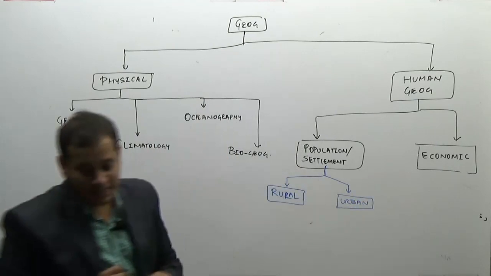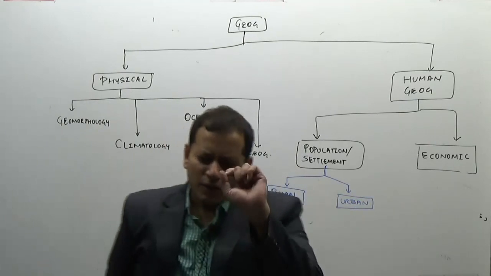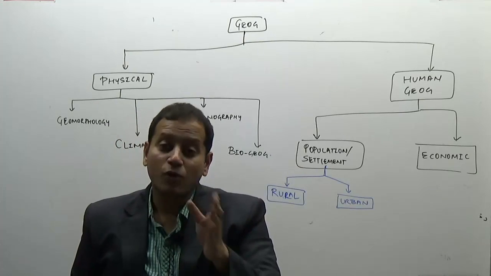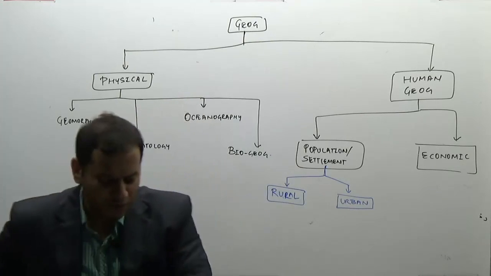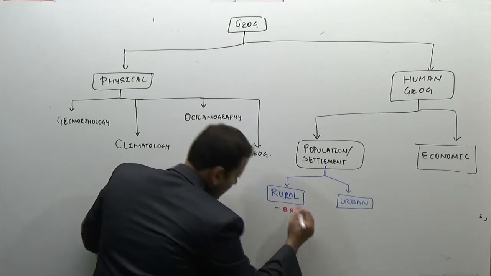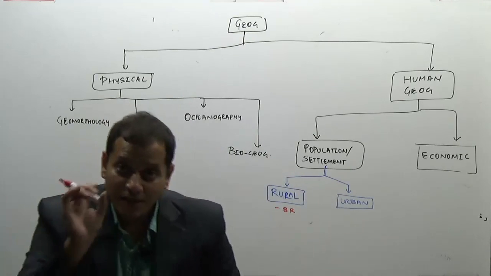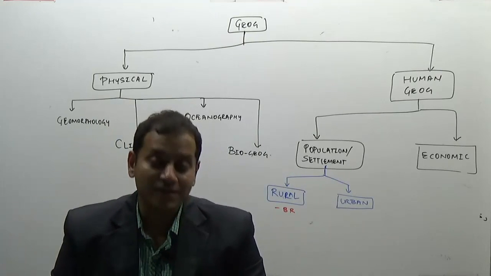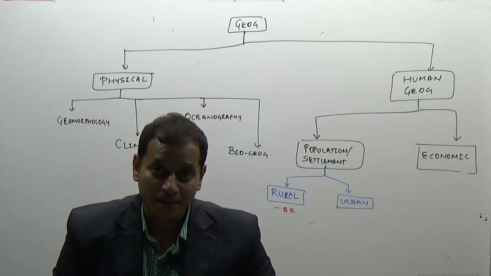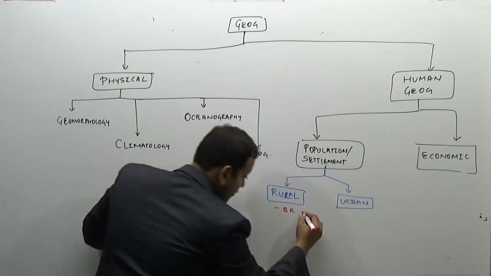That is, we will be studying the rural settlements and the urban settlements in detail. This is one aspect. The second aspect, going more into detail, is to study what the birth rate of a certain area is. In this we can study how many people are born, how many people die, what the literacy rate is, what influences the literacy rate, and what the sex ratio is, that is, the ratio of male and female population. So here, the important aspects are the birth rate,